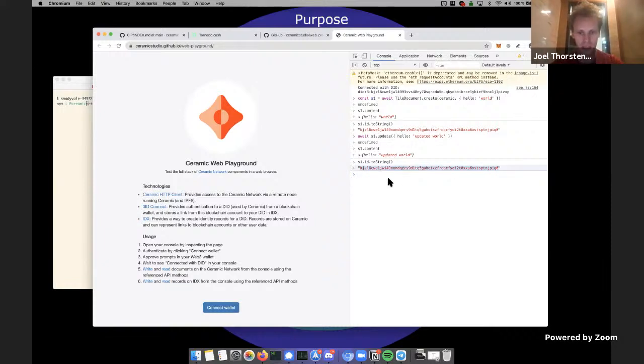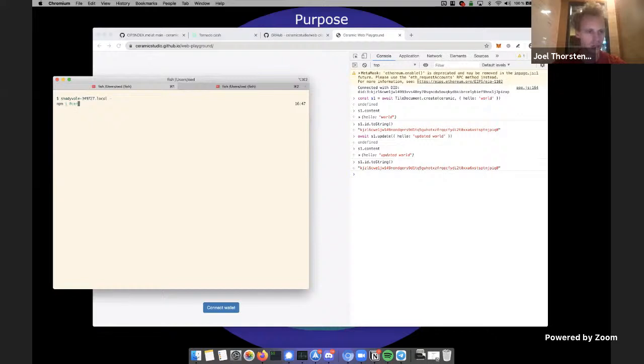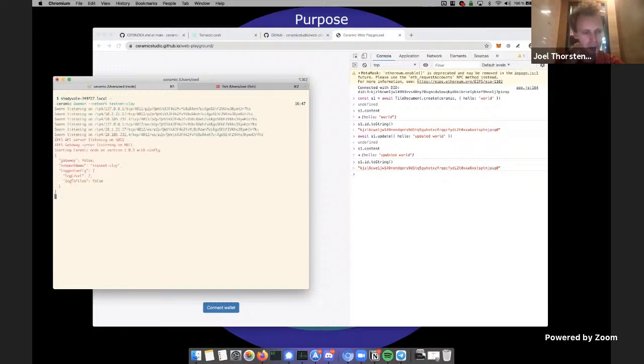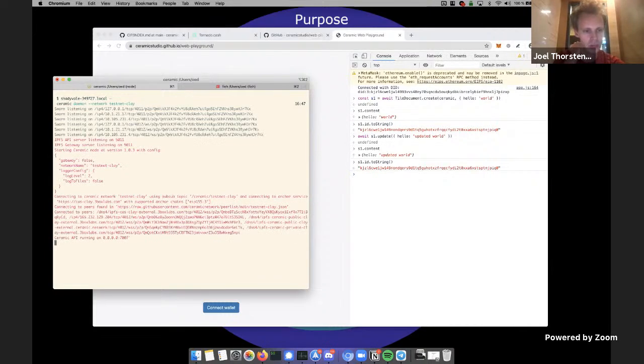Now that this stream has been created, I can actually load it from any Ceramic node on the network. So I'm going to go here to my console and start the Ceramic daemon on the Clay testnet. This spins up an IPFS node, connects to the Ethereum network, and starts the Ceramic node.